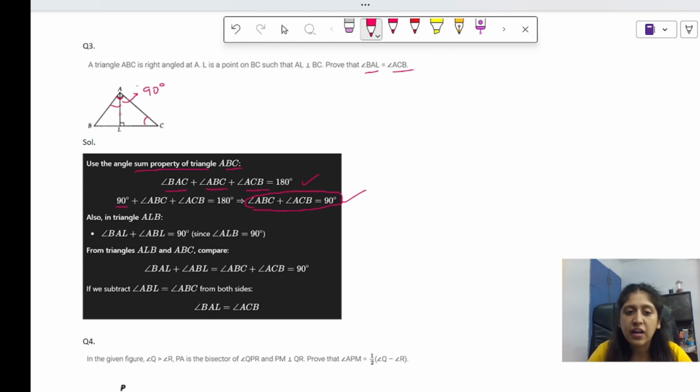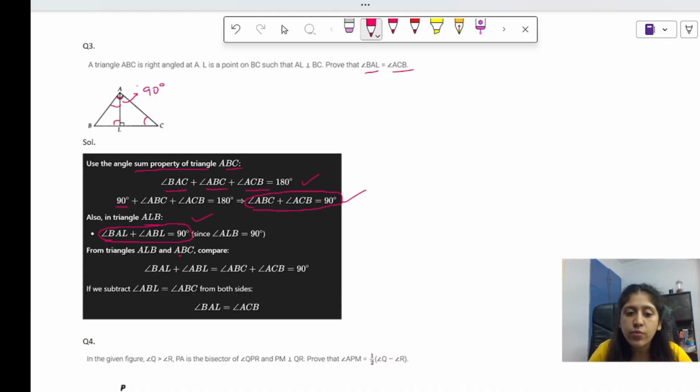Now I have taken a triangle ABL. Okay, this is a shorter triangle, the smaller triangle that you can see. So I have taken triangle ALB, and I have again done the same thing because I have added all the angles of ABL. Okay, and I am given that angle ALB is 90 degree. I have just substituted that again, and I have got this equation. Okay. I've done the same thing and I've got this equation. Now, as you can see on the right side of both of the equations which are circled, उन दोनों के right side पे I have 90 degree.